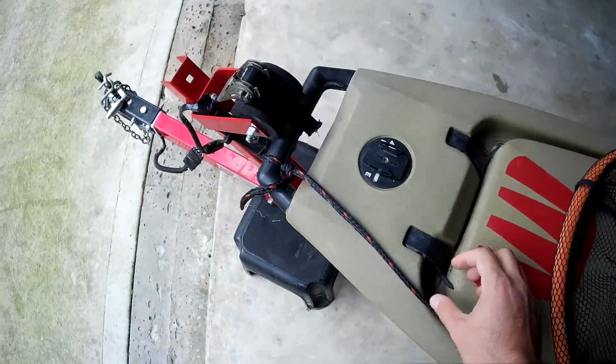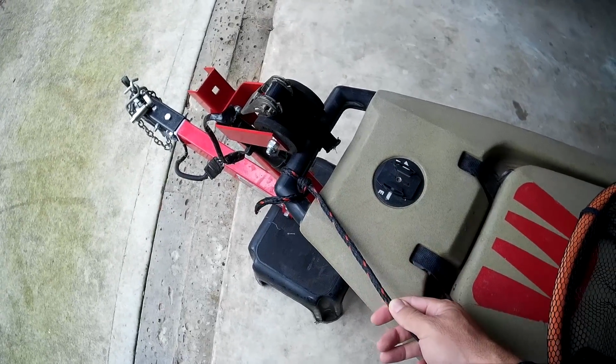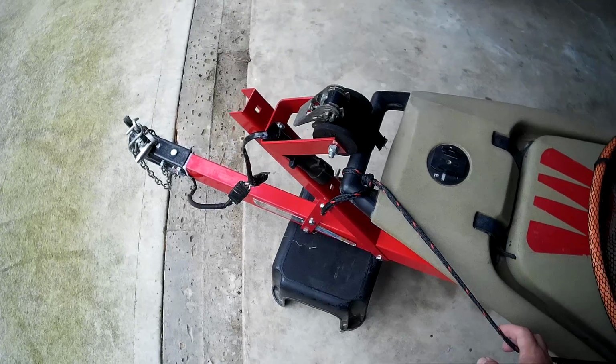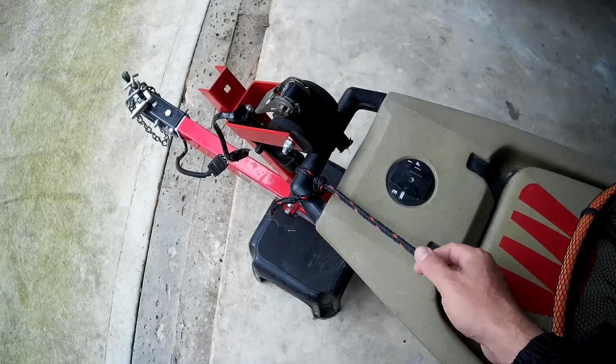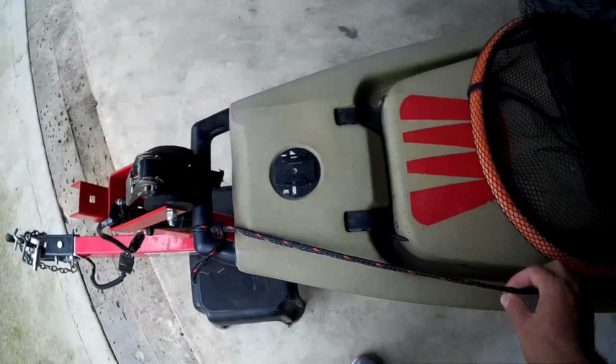So we're coming to the front of the kayak here, and you can see I have a rope tied off. This is the rope I use to help launch my kayak off the trailer. You guys probably have seen my trailer video. If you haven't, check it out. But this allows me to get the kayak off the trailer really easily, just like you would a boat if you were launching it by yourself. Basically what I've done,